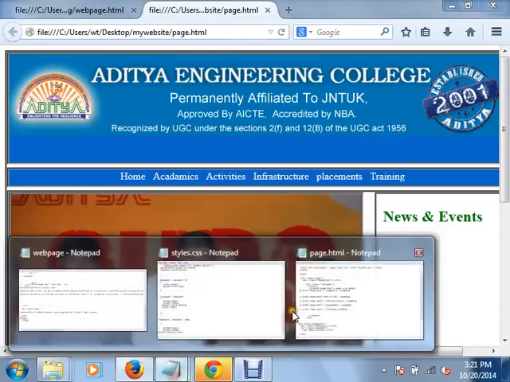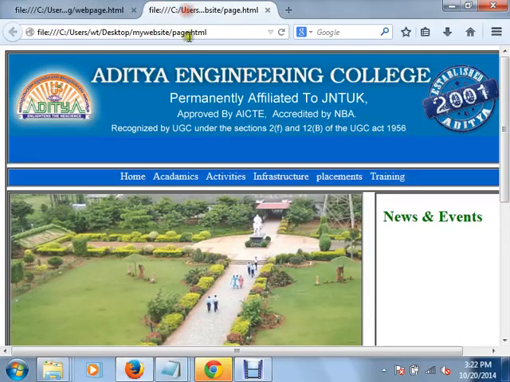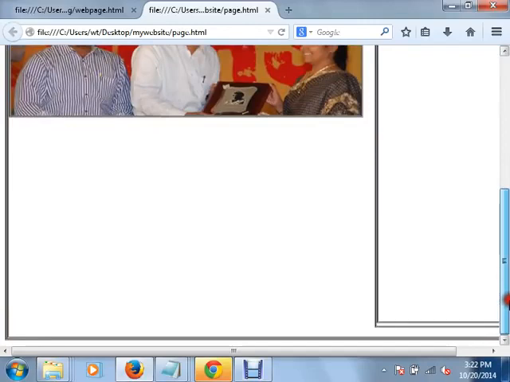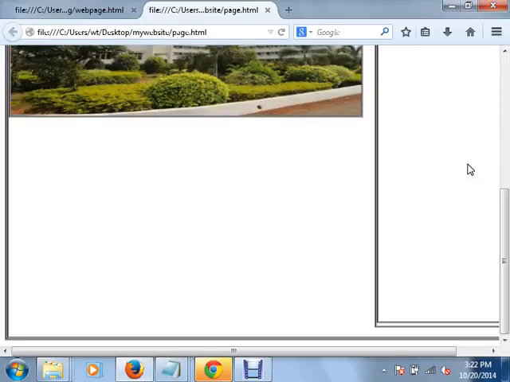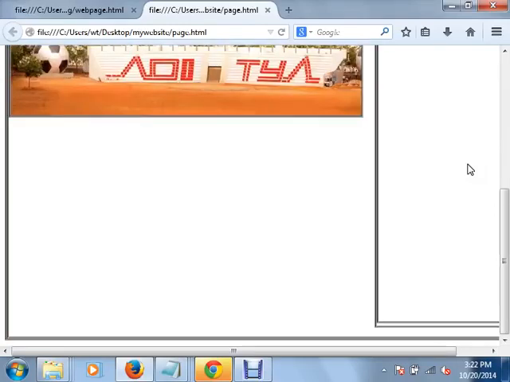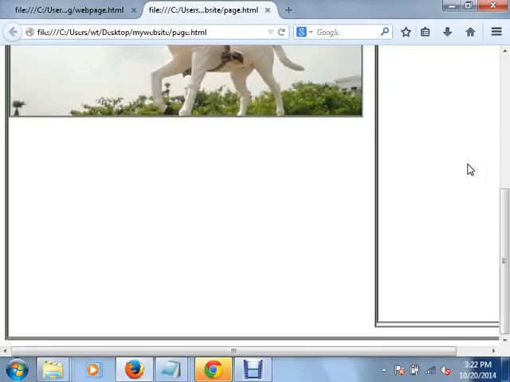So inside the HTML also you have to write that. So inside the news part, after this you have to open div class equals to news. So it is displaying a division. Now inside this division, scroll the news. So for scrolling anything, we have a tag called marquee tag. By using the marquee, we can move the content from left to right or top to bottom like this.